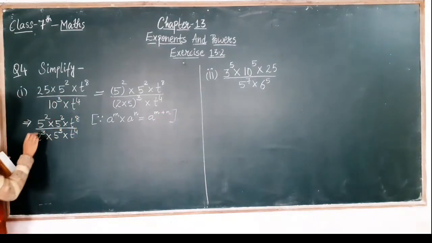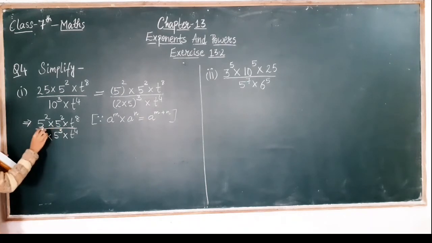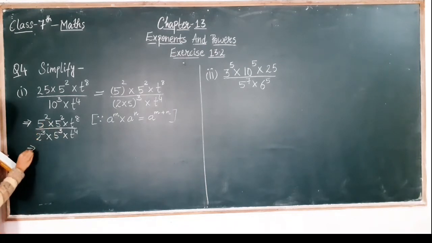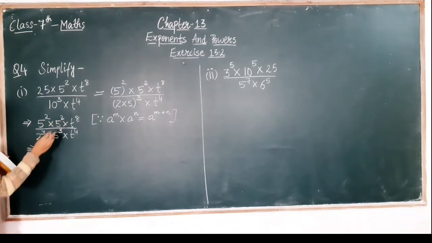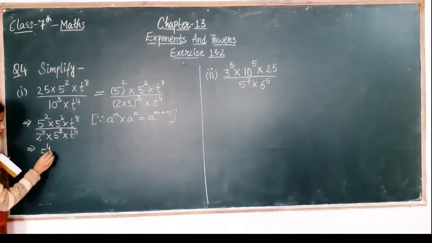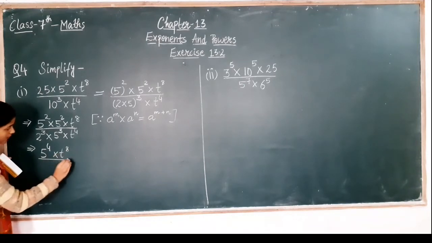So what we have to do is add the exponents, as the bases are same. So we can add the powers. So 2 plus 2 is 4. We can directly write it, then into t raised to the power 8 divided by